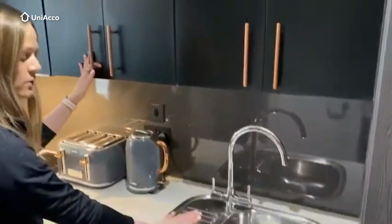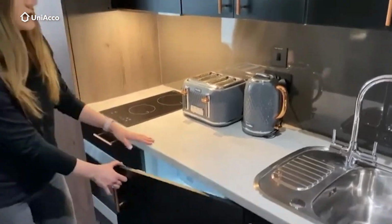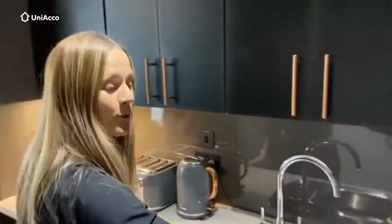You've got a sink with a side drainer. You have a kettle and a toaster that come as standard in our rooms, and under here you have your fully integrated fridge freezer. Then in addition to that, you even get more storage space to the side here with this really large cupboard. So walking further into the room, you will see that you have a nice full length